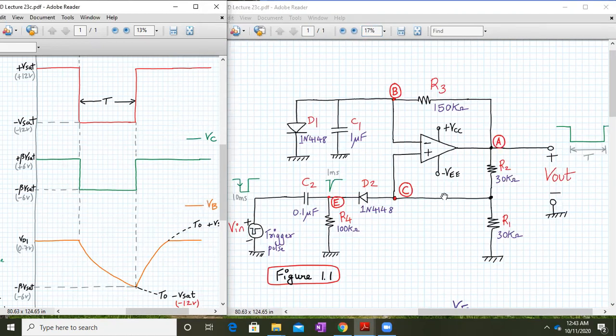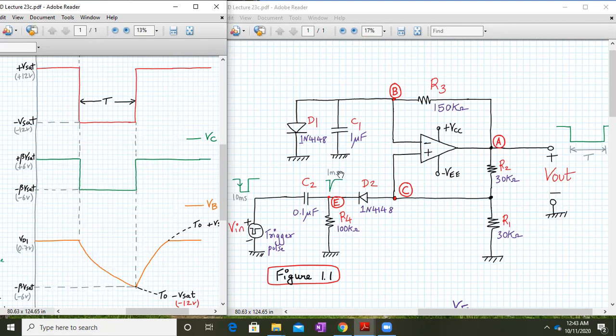Yeah, now it's better. So this is my op-amp based monostable multivibrator, and this is a modification over the astable multivibrator. We are applying over here the triggering pulse, the negative going triggering pulse, which is of 10 millisecond duration, going from 0 to -5. This is applied to a differentiator circuit formed by C2 and R4. We have seen the working in the last lecture, lecture number 23B, and the outcome of this differentiator circuit is a negative going pulse of a very short duration, that is 1 millisecond.